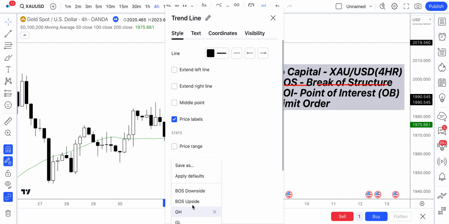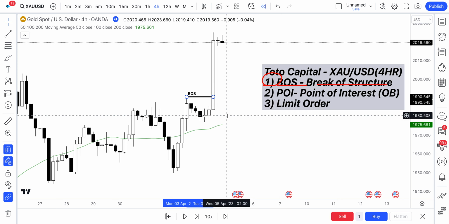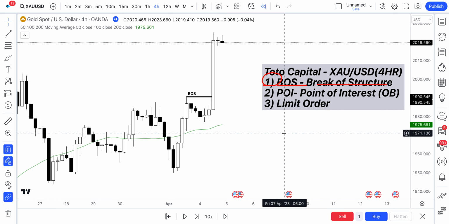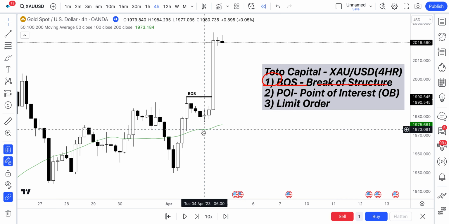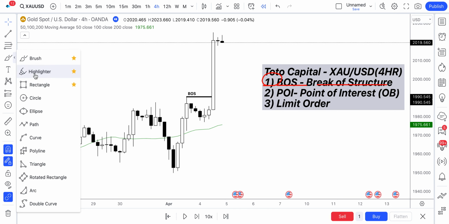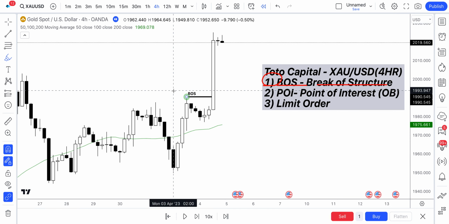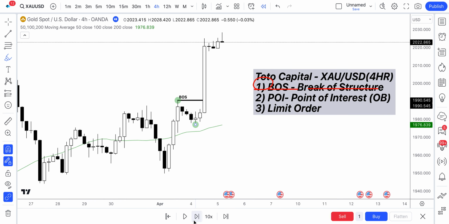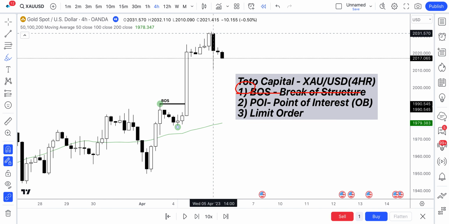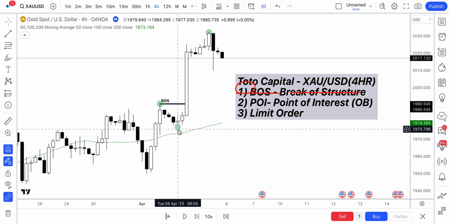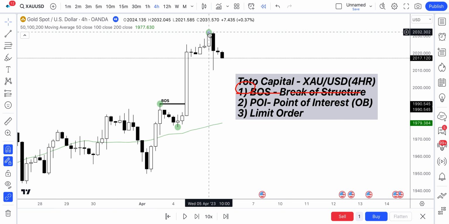BOS. Okay, so what is a BOS? That is short for a break of structure. That's just an indication to us as traders that price is pushing to the upside. We're breaking these higher highs here. Okay, so this is our high. Okay, this is our higher low. And then we may have made a new higher high in the market. Okay, so it looks like this may be the new higher high. Okay, so we have a higher high, followed by a higher low, followed by a strong break to the upside